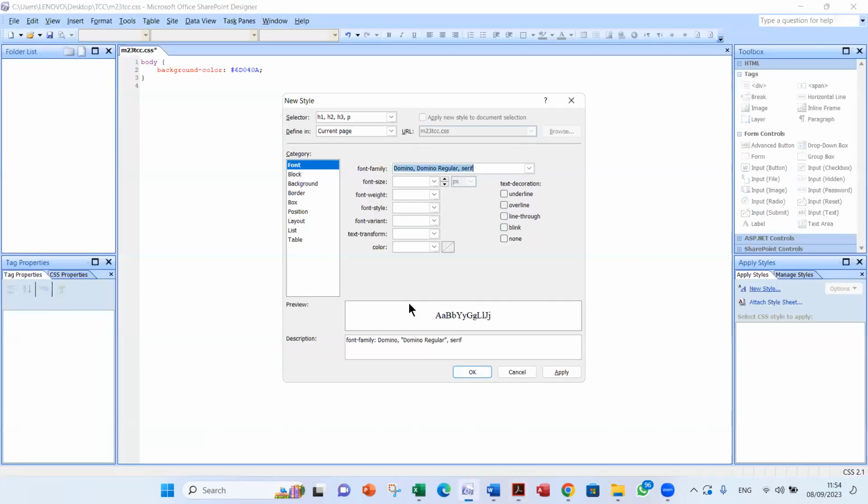Font color yellow. Font color, choose the yellow and look, make sure it is written in hexadecimal. It is hash FFFF00. This is the code for yellow. SharePoint Designer is finding the code for you, and this is in hexadecimal. Okay, so the code will be like this. See, Domino regular will be between speech marks. Thanks to SharePoint Designer.